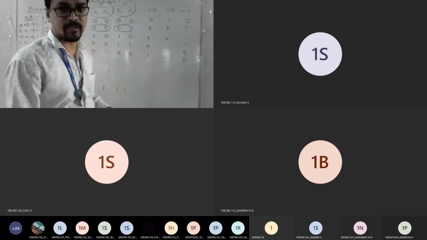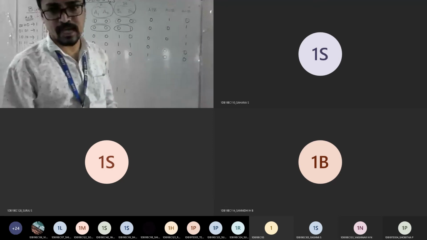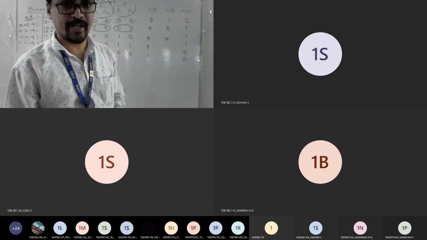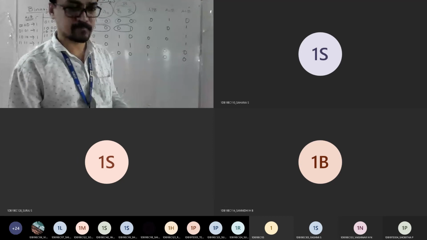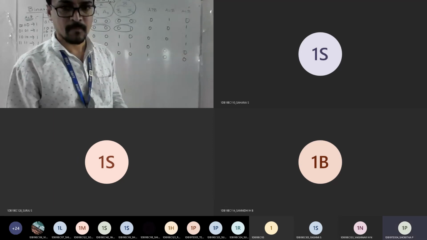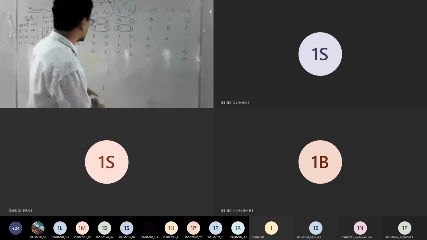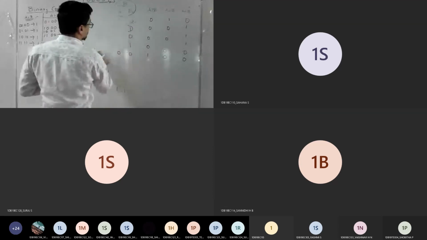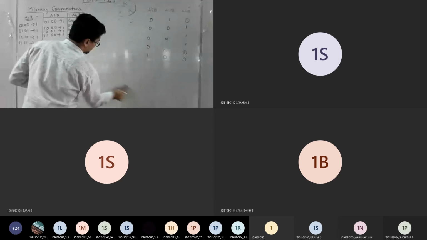Okay. So now the ultimate goal is to get the logical diagram. To get the logical diagram, we want the expression. So to get the expression, what should we write now? K map. Good. So how many cells? 16 cells.